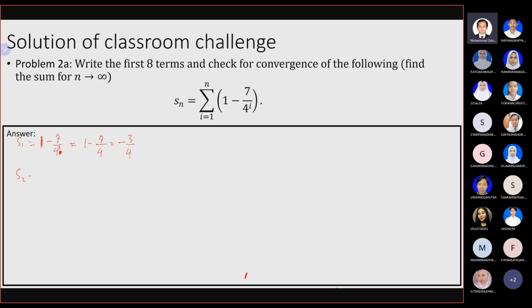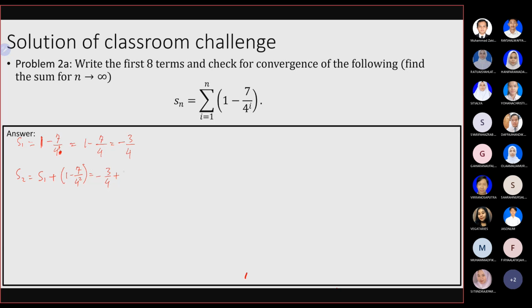Then S2 is basically S1 plus 1 minus 7 over 4 power 2. So minus 3 over 4